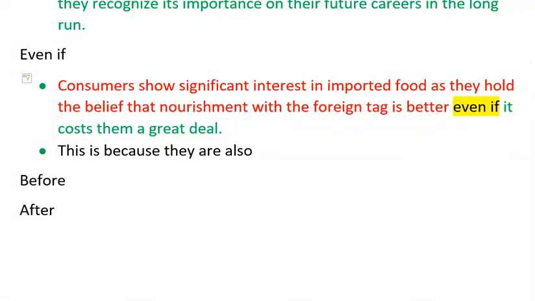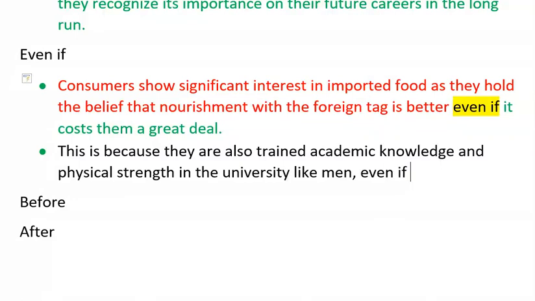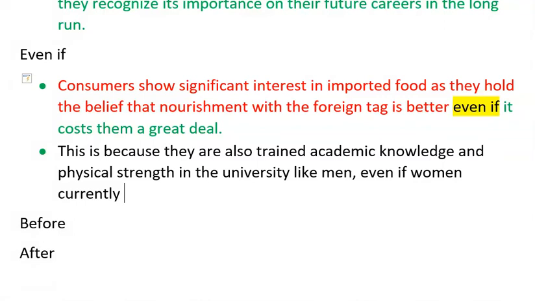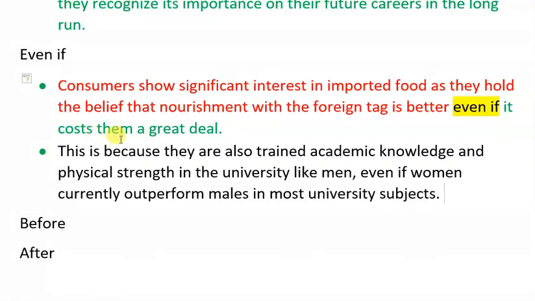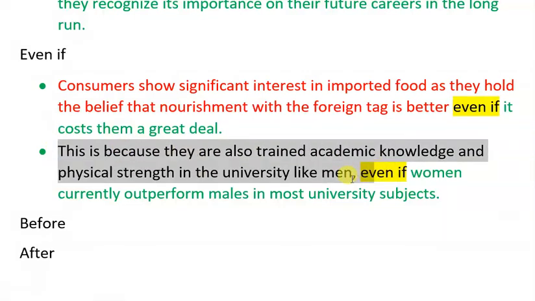So this is because they are also trained academic knowledge and physical strength in the university like men. ਹੁਣ ਇਹ ਬਹੁਤ ਲੈਂਥੀ ਹੈਗਾ ਇਸ ਕਰਕੇ ਇਹਦੇ ਅੱਗੇ ਕੌਮਾ ਆਪਾਂ ਪਾਤਾ ਹੈਗਾ। even if women currently outperform males in most university subjects. ठीक है, ਹੁਣ this is the even if conjunction है और dependent and this one is the